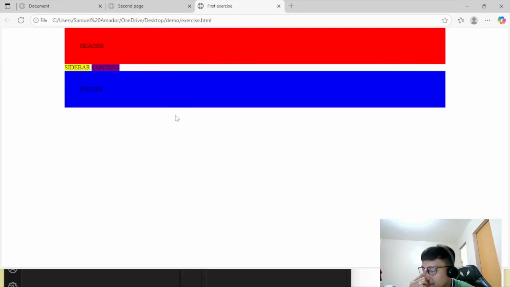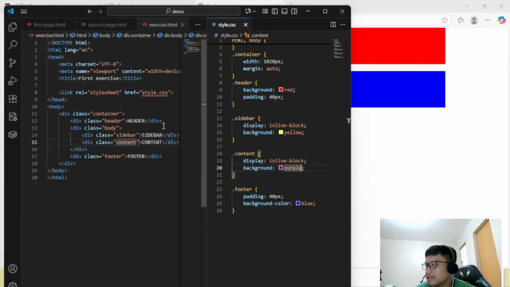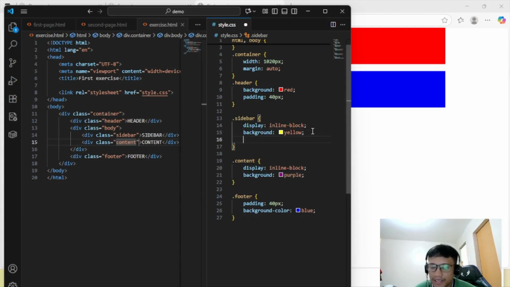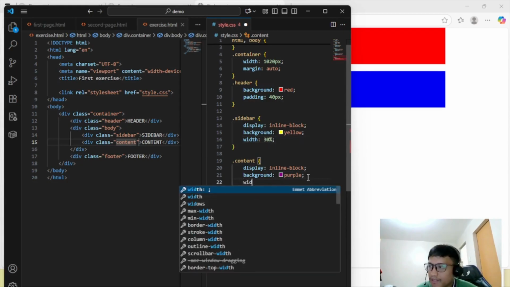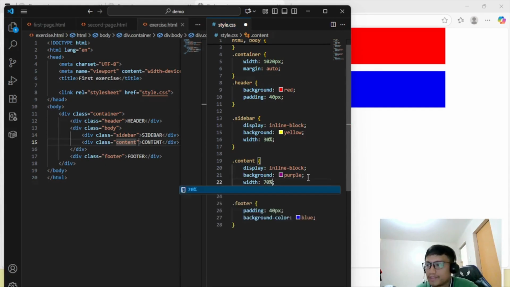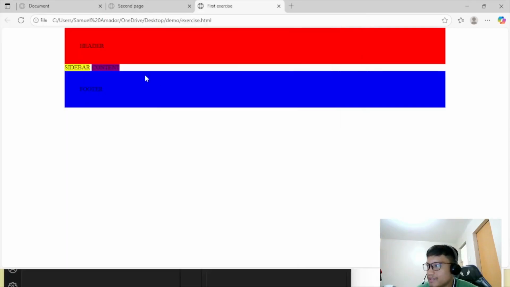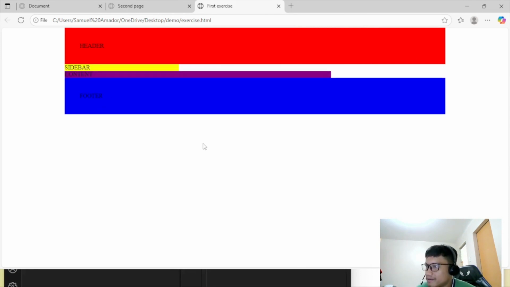So maybe you can add the width if you want. Okay. So the sidebar, let's say width is 30%, and then the width is 70% because 30 plus 70 is 100, so that this will move to here. Okay. So let's just see first.